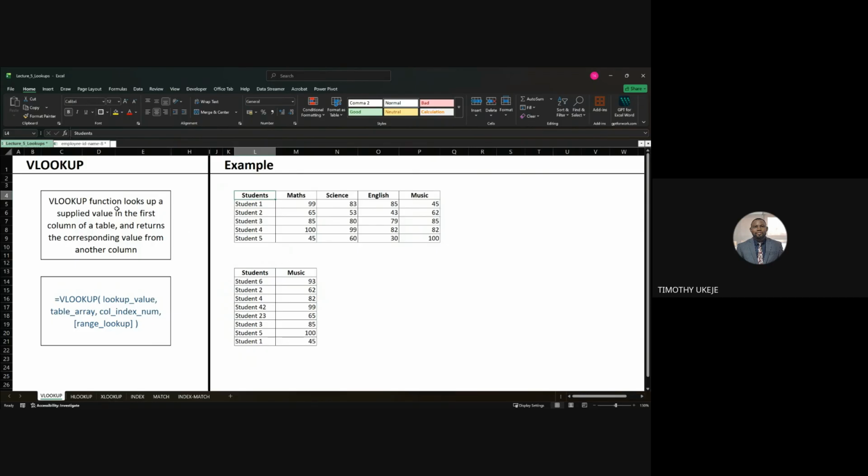So the VLOOKUP function looks up a supplied value. I will use a value that will say, okay, look for it here. A typical example is if I have this column made up of, say, 100 rows of data. How would I perform that lookup function? So what we are saying is that you use the supplied value and look up through that column and return